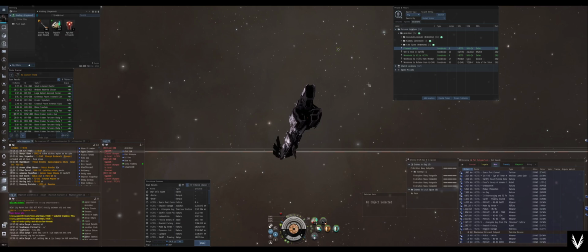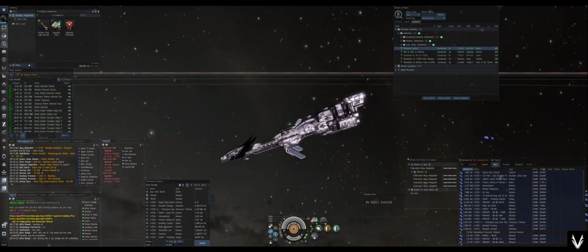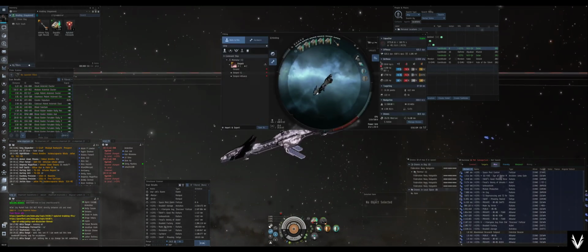I'm Abe. This is EVE Online, and we are going to do a level 2 Firestorm Abyssal Dead Space filament. And I'm flying a Vagabond right now. I pulled it off of the Fonzui